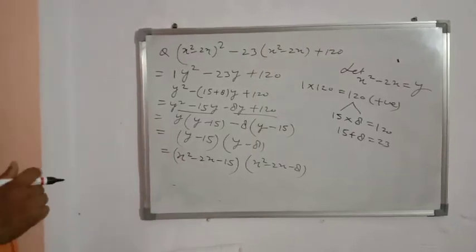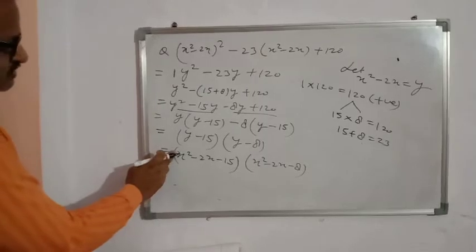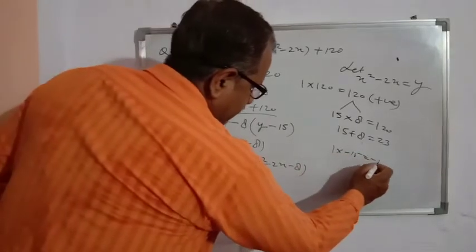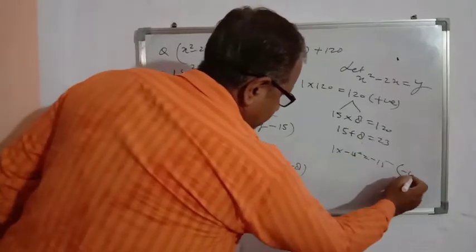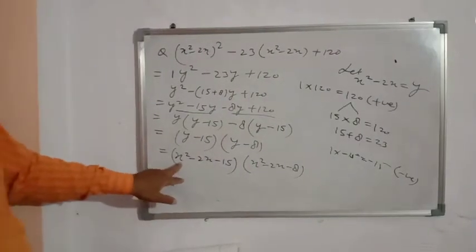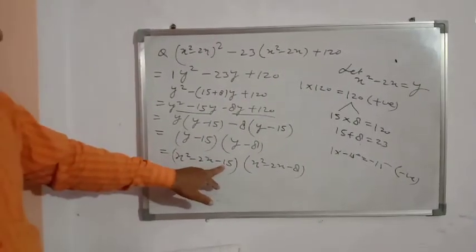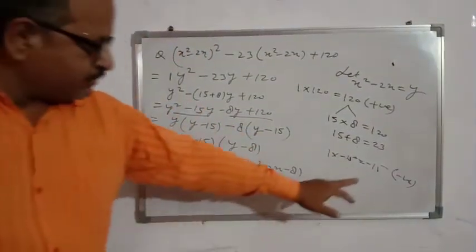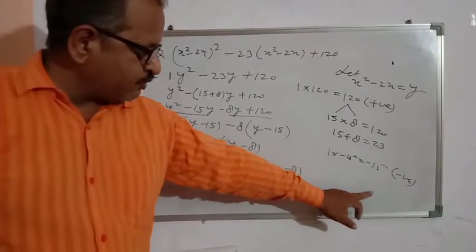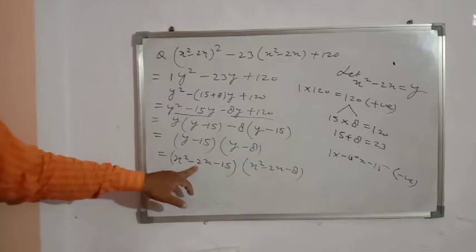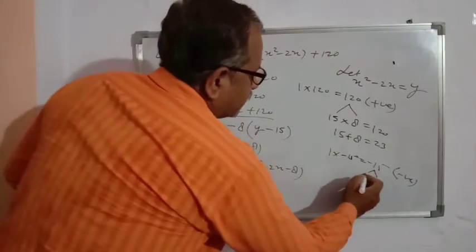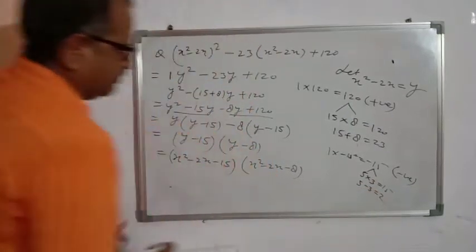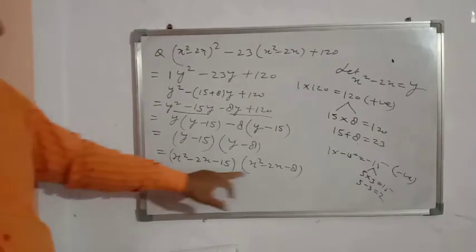So check it again by splitting the middle term. What is the coefficient of x square? 1. And here minus 15. So 1 into minus 15 will be minus 15, which is negative. See the first bracket: coefficient of x square is 1, constant term is minus 15. It means we have to take two factors of 15 such that their product will be 15 and difference will come 2. So we take 5 into 3, 15, and 5 minus 3 will be 2. So we will write in place of 2, 5 minus 3.